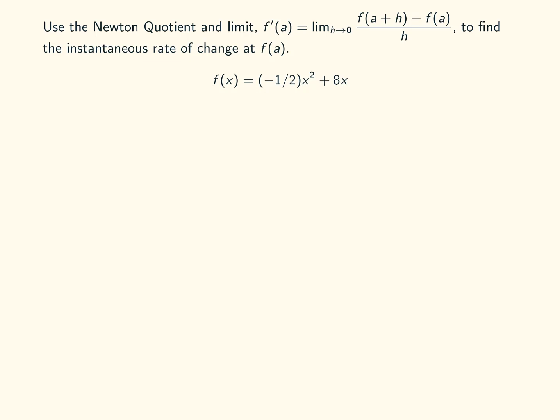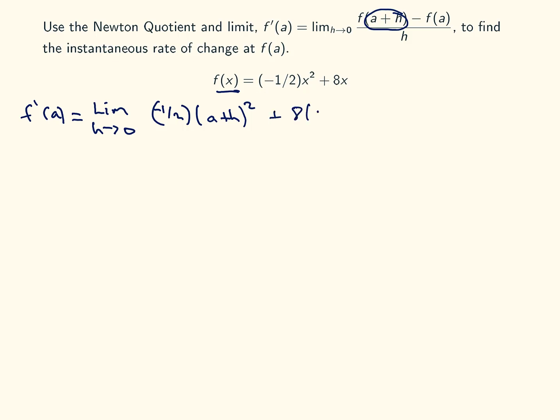Let's take a look at another example. We've got the same instructions as last time. This time the expression we're going to look at is f of x is equal to negative 1/2 x squared plus 8x. Let's start off with our expression. We've got f prime of a is going to be equal to the limit as h approaches 0 of negative 1/2 times (x plus h) squared, right? This part right here. In fact, maybe I'll replace the x with an a,